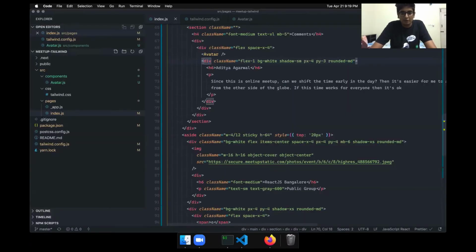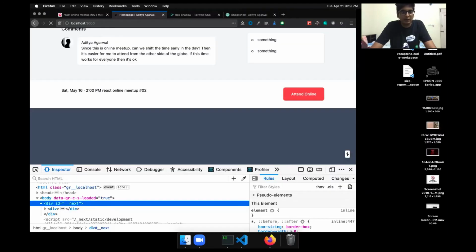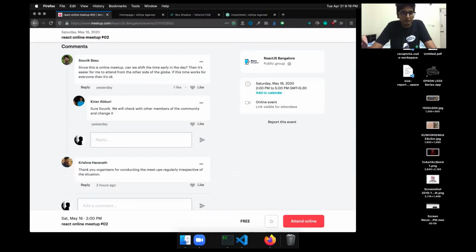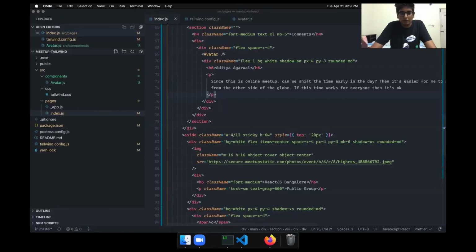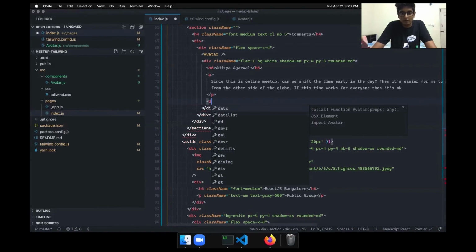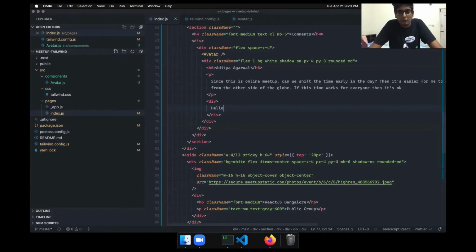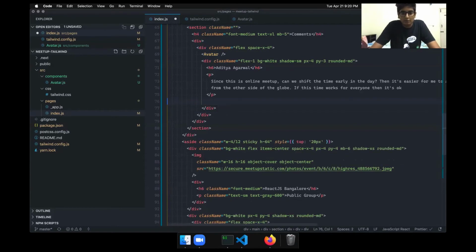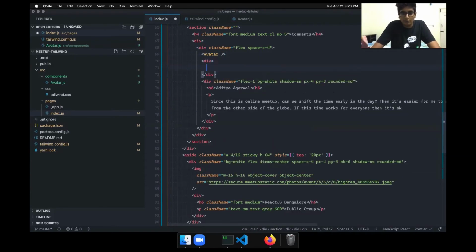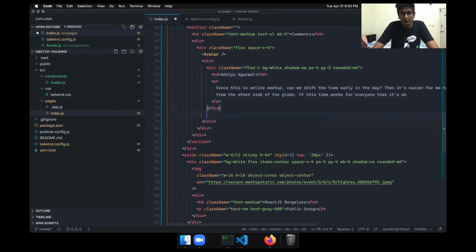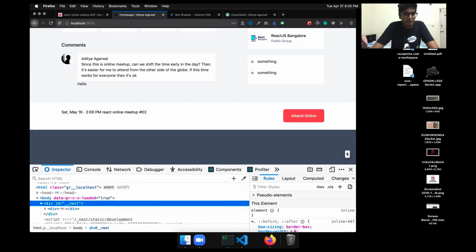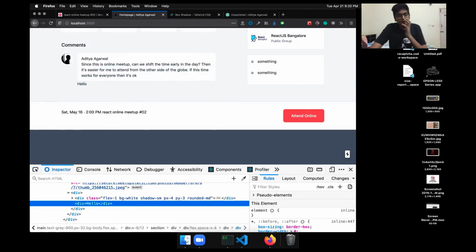Okay, now for this second one, let's put this div, and inside this div I put another div. Hello, so that div will come here. Okay, we don't want that, so let's do this. Have a div here, move our content inside the div and put a div here. That way the image is on the left, and this hello is aligned with this.